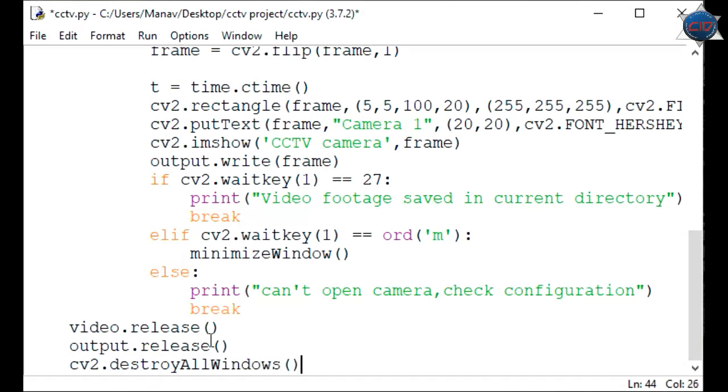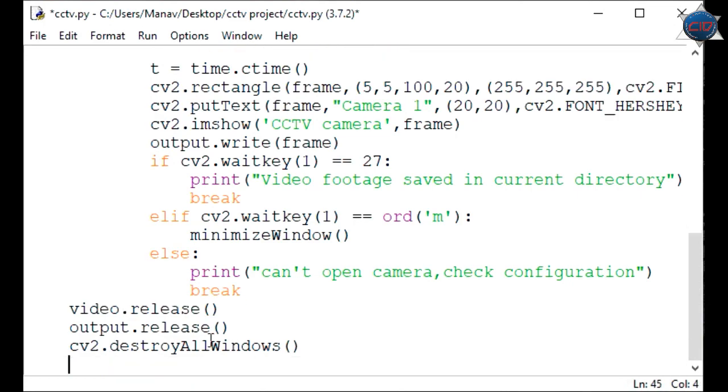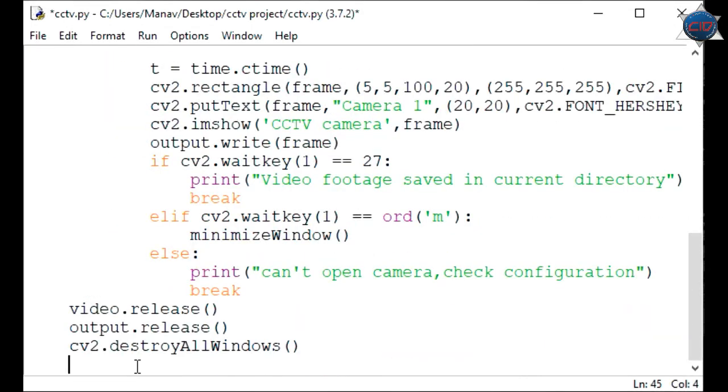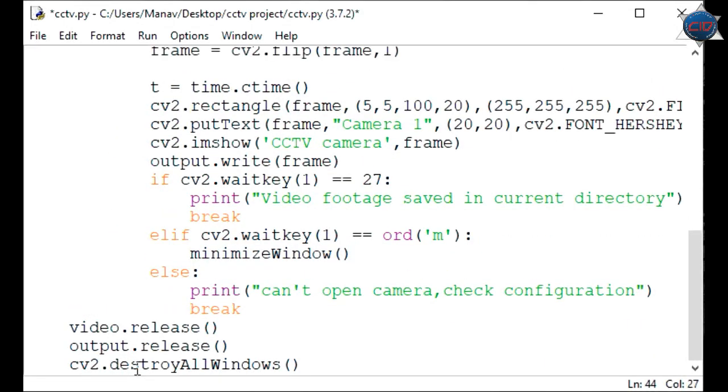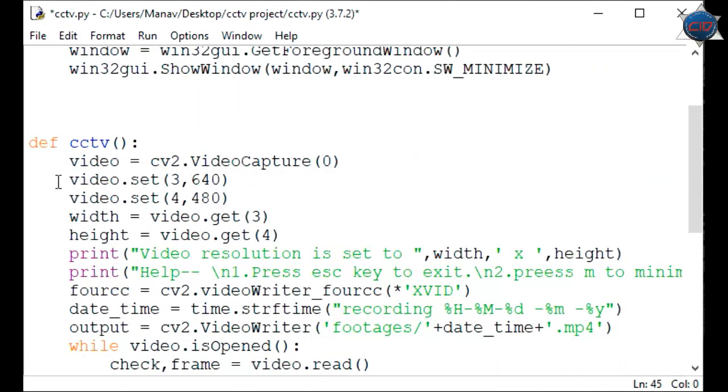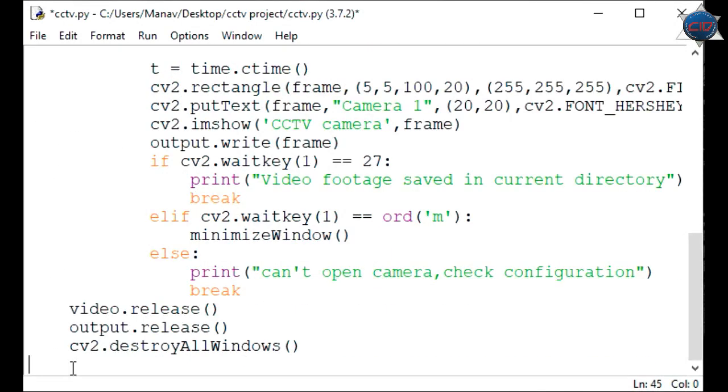That's it. We have done things, and now time to call our CCTV method. So come outside of this method, and now here I'll make a welcome variable, and it will just welcome the user with printing like this.